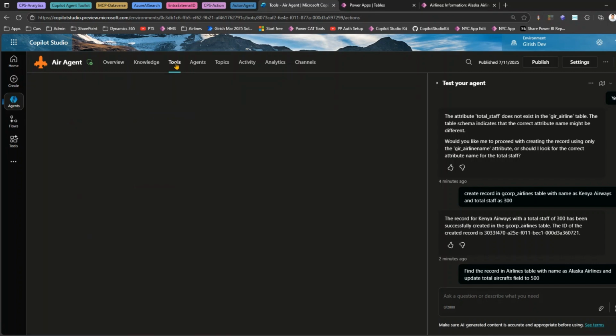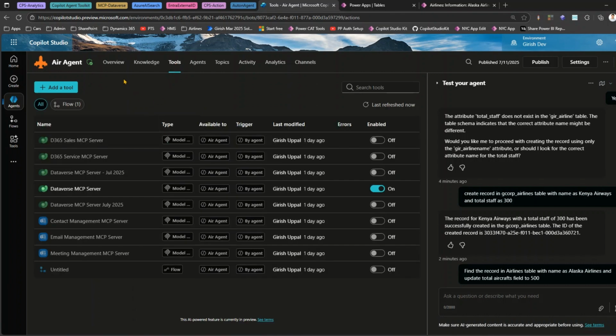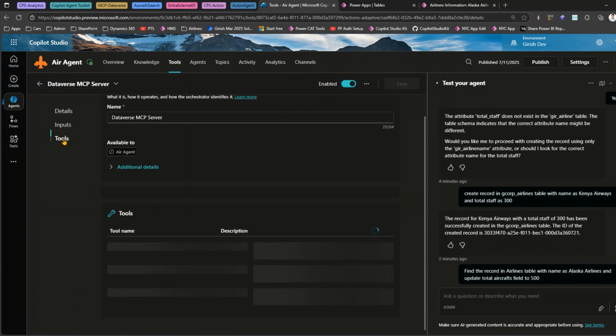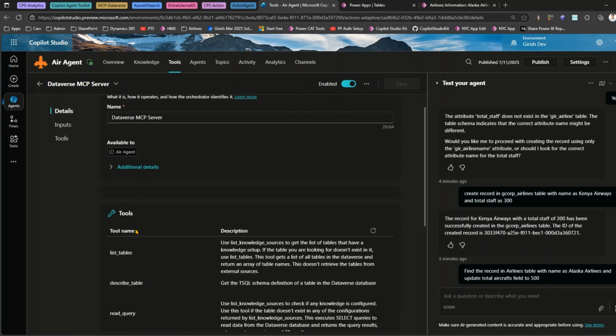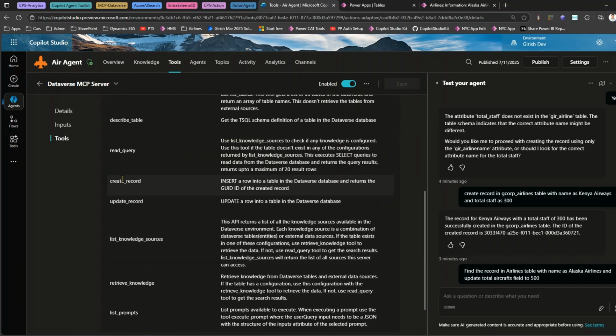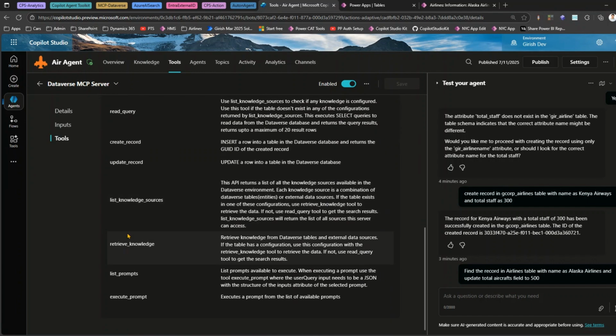So what all things we have seen: if you go into tools, add a tool, Dataverse MCP server, once you configure that, there are various things which you can perform. Like if you go into the tools, there is a different set of tools available to list the table, to describe the table, to read the query, create record, update record. Then there are other things like listing the knowledge source, retrieving the knowledge, listing the prompt, executing the prompt. Now it can do a lot of things, but whether it is better than other tools, so